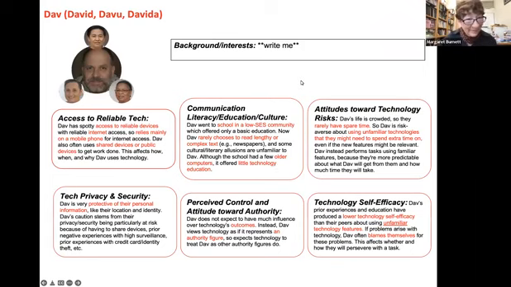So here's Dav. This is the complete persona for Dav. And so one thing I want you to notice, please don't try to read it all. One thing I want you to notice is it fits on one screen. Yay. And the important stuff is in red. So this is good. And it has a little rectangle for each of these 6 facets.